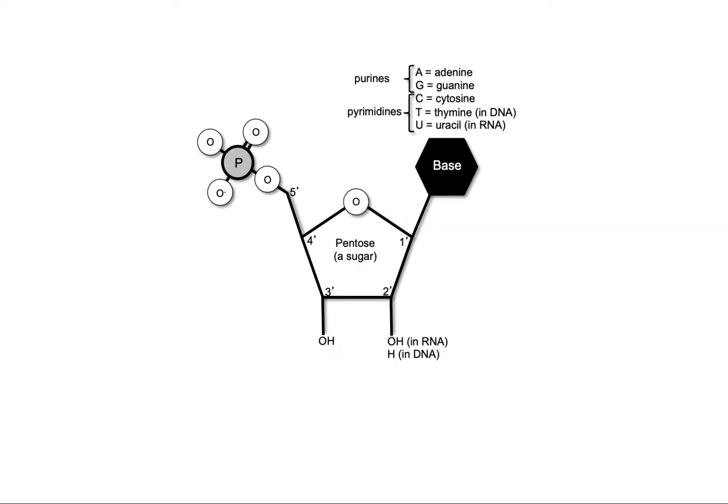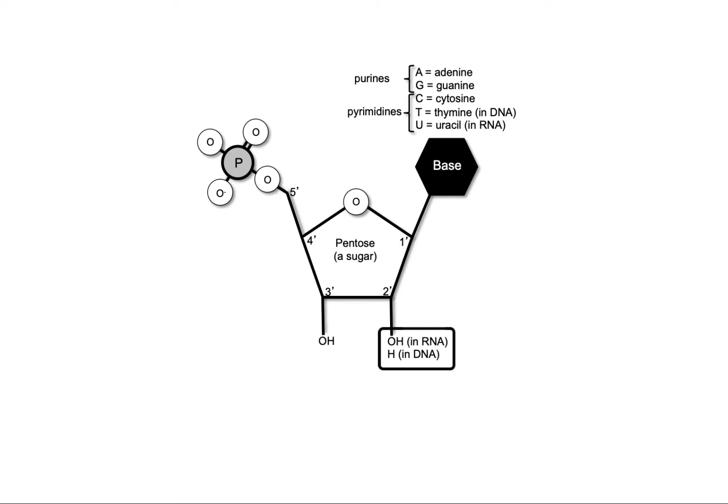So here's a little more detail about that. Here's the base, one of the nitrogenous bases. The purines are adenine and guanine, and the pyrimidines are cytosine, thymine in DNA, and uracil in RNA. Here's a pentose sugar. It's marked as 1', 2', 3', 4', and 5' carbons, and those become important in some of the other notations later. And then a phosphate group linked together in an ester bond here between the 5' carbon and